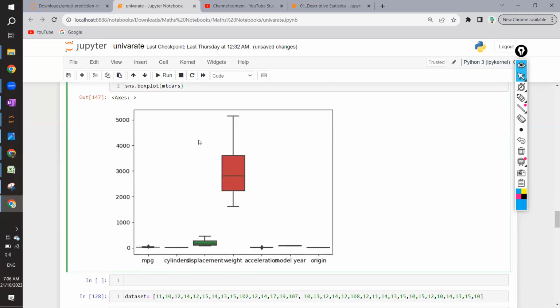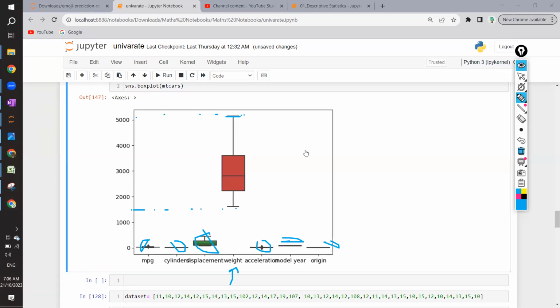so it is drawing the box plots for every column: mpg, cylinders, displacement. But at the same scale, because it should maintain the same scale, right? So that's why it is giving you all columns. From this we can understand which column has the maximum value: it is the weight column. Its range is very high. It is starting somewhere around 1500 and going all the way till 5000, but all others are very small,